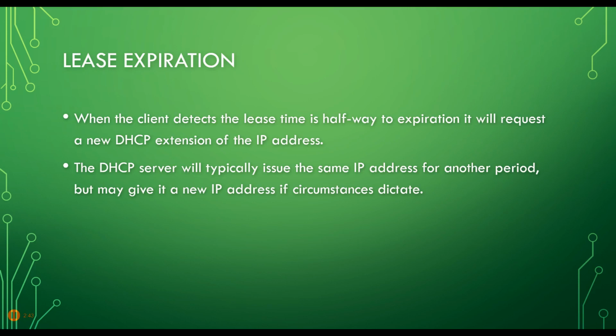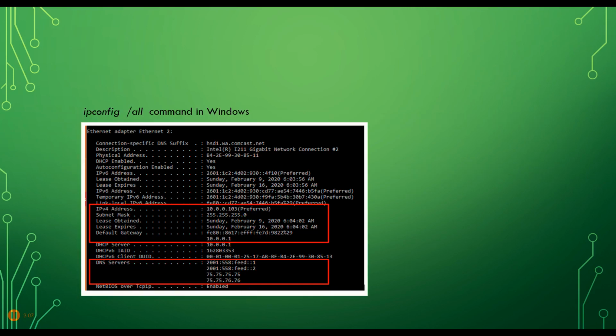As far as the lease goes, now when a client detects that the lease time is halfway completed, halfway expired, it will request a new DHCP extension of the IP address, and the DHCP server will typically then issue the same IP address for another lease period, although it can give a new one if it needs to for some reason. And here is the